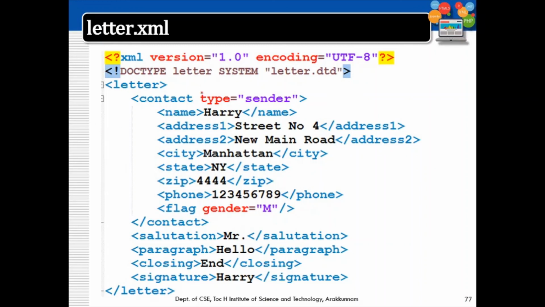So that's all about DTD. DTD is a rule set. Any file that conforms to the DTD, that is, is as per the rules. If we are violating any of the rules, that is an invalid XML. If the XML is conforming to the rules, then that is termed a valid XML.